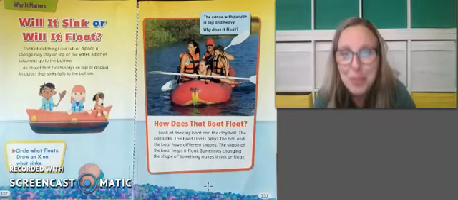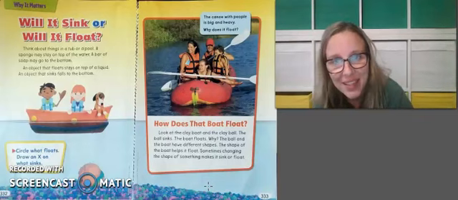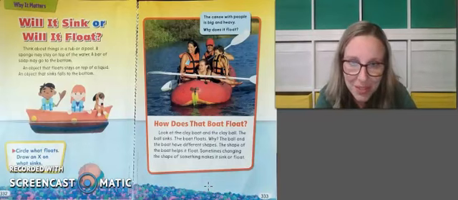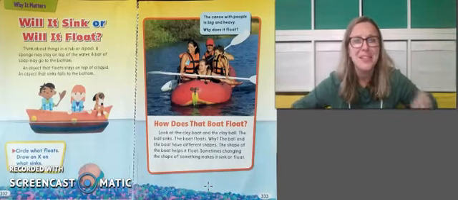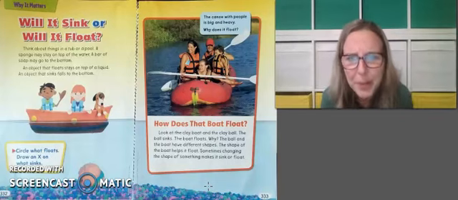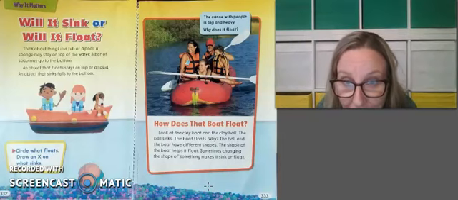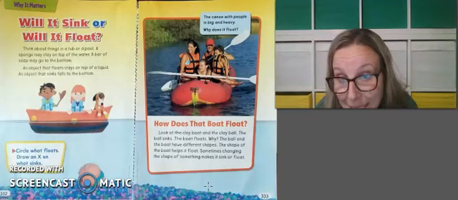It says, the canoe with people is big and heavy. Why does it float? How does it float, right? Because people are heavy, and that boat, we probably couldn't even lift it. So how does it stay on top of the water? Well, it says, look at the clay boat and the clay ball. The ball sinks,